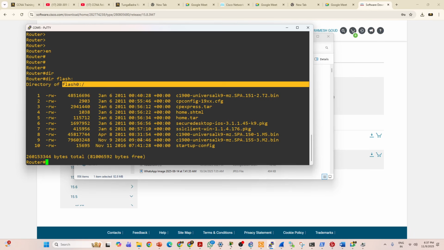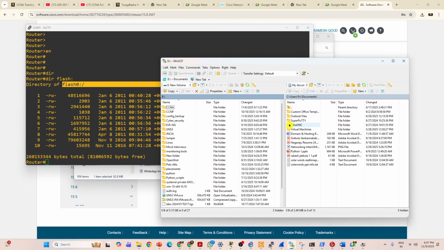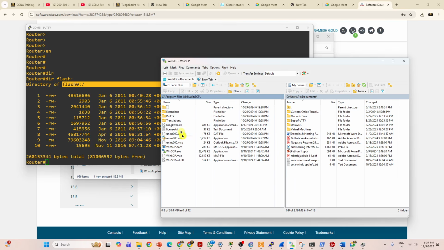Suppose you have reachability to the device, through its IP address. You can use WinSCP like this, and this is your system. See, if you go on downloads, right? Go on downloads. Where is that? Yeah, go to C drive, and then